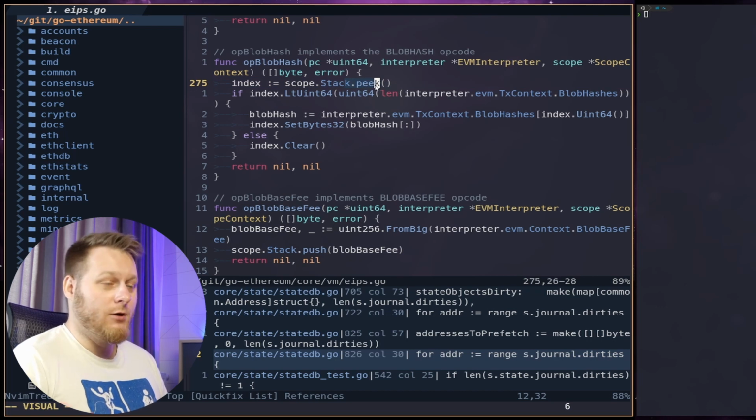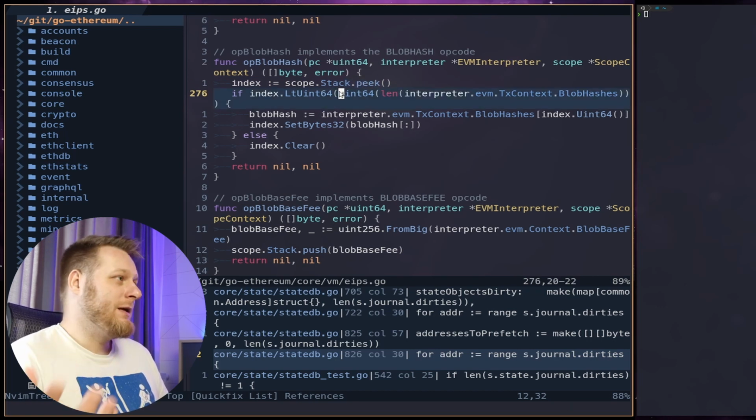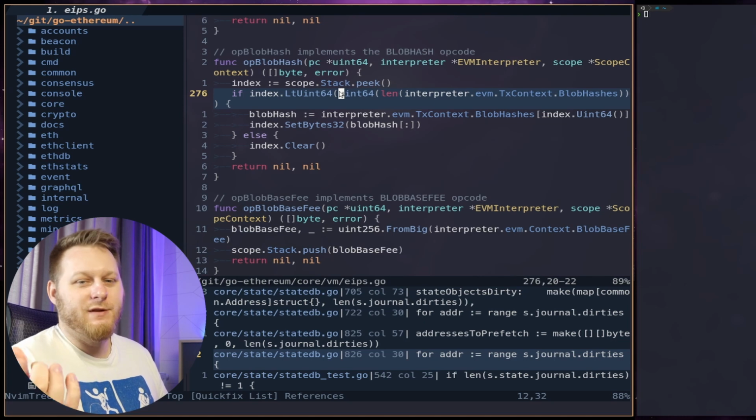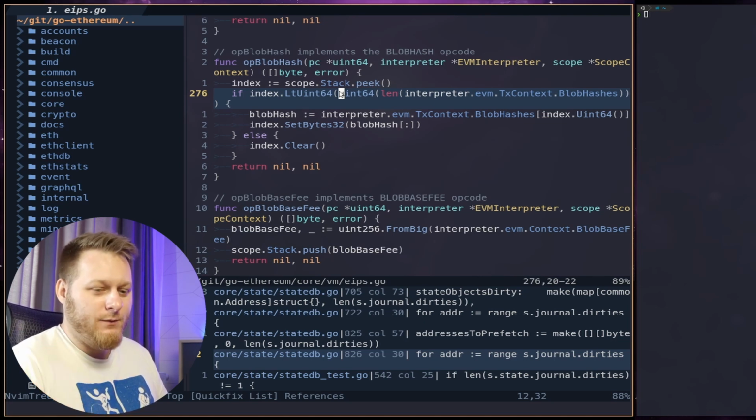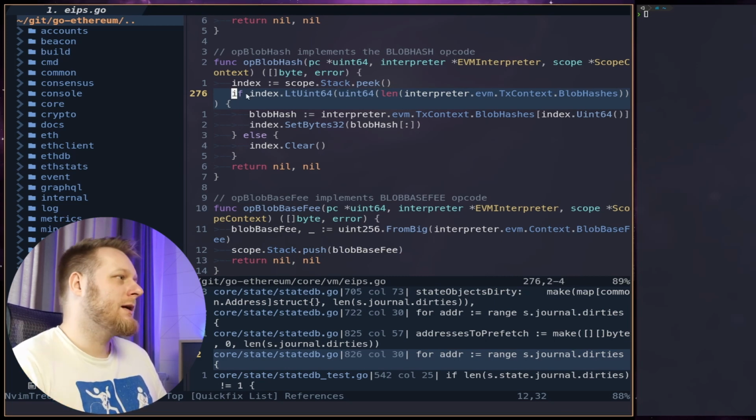Because we are getting one element from the stack and then putting it back, we are using peek in go-ethereum. We may have either peek or pop. The difference between them is that peek just returns the first element without doing anything with it, and pop returns it and deletes it. So in this case, we are doing some checks and returning